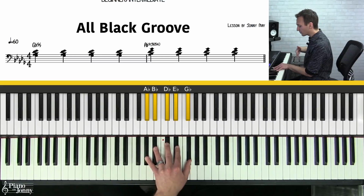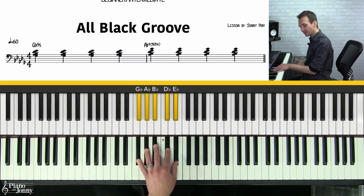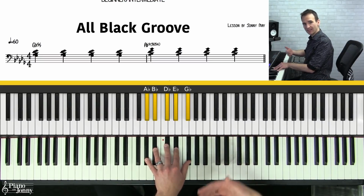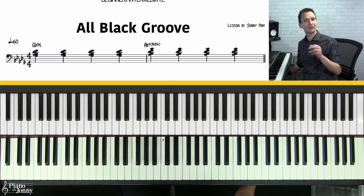So what you want to do with this groove, the way I like to play it, is I like to put a chord on each beat. Okay? So you're going to go 4 times on the G flat chord, 4 times on the A flat 9 sus 4 chord. All right, we're going to play this with a backing track, but before we do this,